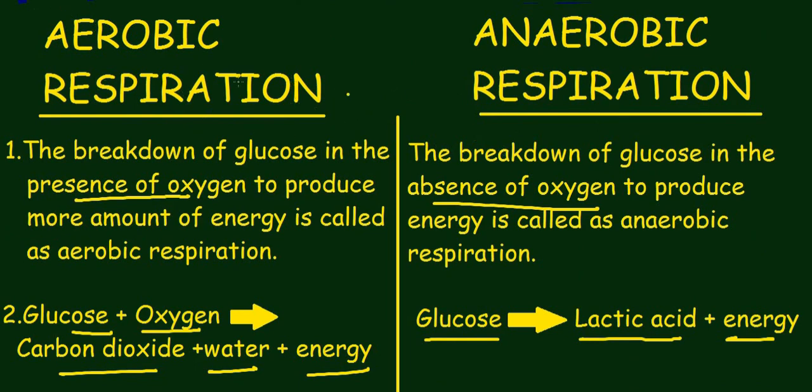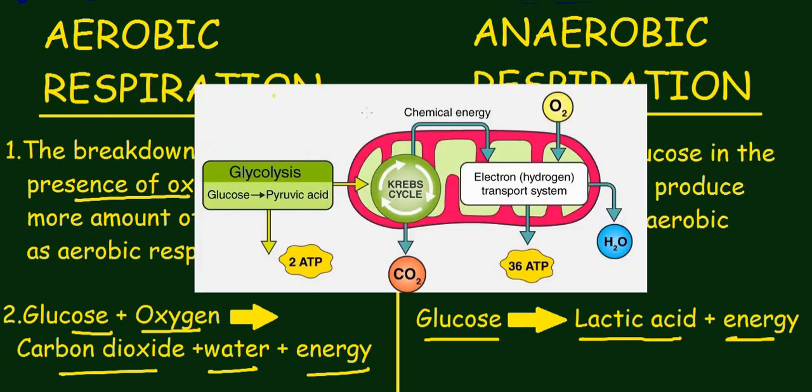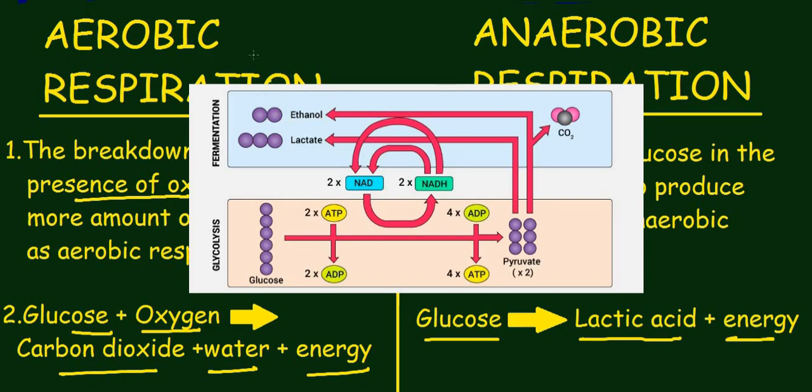In order to get clarity on this topic, let's show a diagram on aerobic respiration. You can see that for aerobic respiration a total of 38 ATP are generated, and through glycolysis, the electron transport system and the Krebs cycle the entire aerobic respiration is made possible within the mitochondria. Now this is a diagram for anaerobic respiration. You can clearly see that the main processes are glycolysis and fermentation. So these were the differences between anaerobic and aerobic respiration.